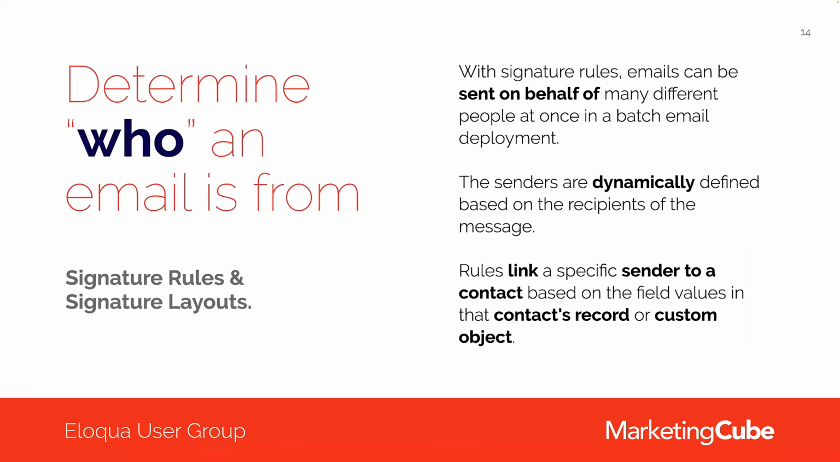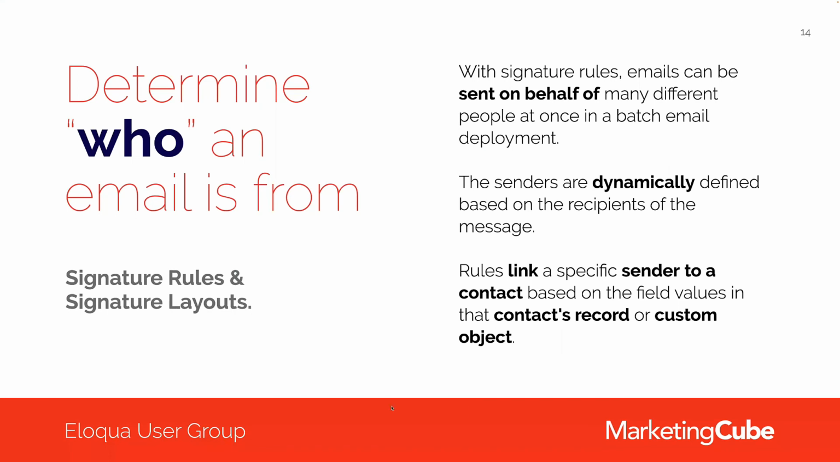Essentially, the senders of those campaigns are dynamically defined based on the recipients of the message. That information usually sits on the Eloqua contact. It can be on a custom object, but it's usually on the Eloqua contact. It could be something as simple as the email address of the salesperson. We just need something that tells us who within your organization owns the relationship with that particular individual. So rules will link a specific sender to a contact based on those values on the contact or on a custom